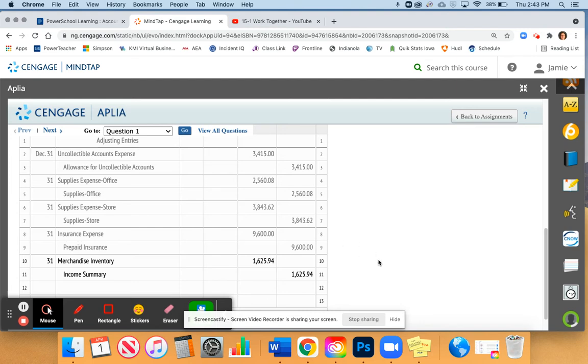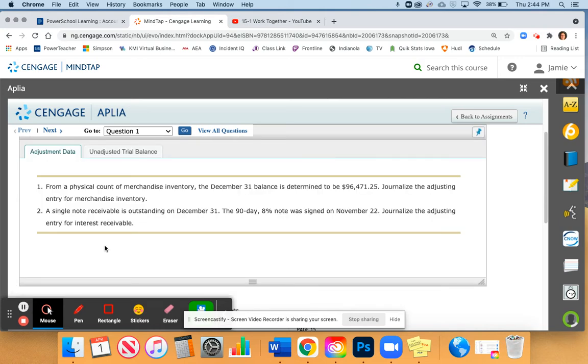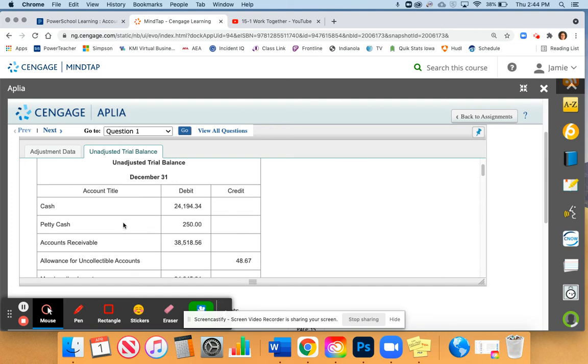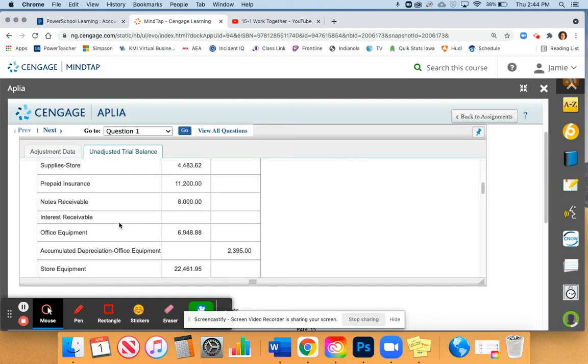Next, we need to do our adjusting entry for interest receivable. So for notes receivable, on November 2nd, we signed a 90-day note for 8%, for the one single note receivable. So to determine our beginning balance for that, or the principal, we could find that in notes receivable, which is the balance of notes receivable in our unadjusted trial balance. So we have 8,000